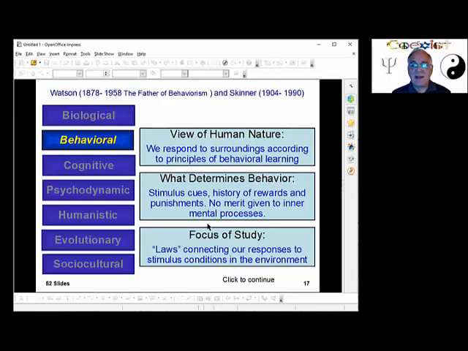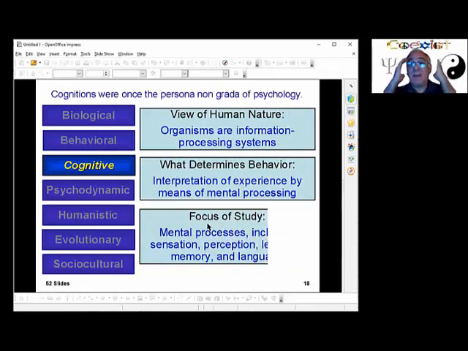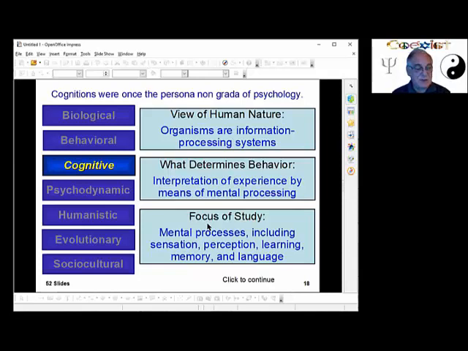The next one is the cognitive group, and this is completely different, opposed to the behaviorist group, because they believe we think, we know we think, and they say thinking is very important. So the cognitive people fight with the behavioral people all the time. And in my day, when I went to the University of Georgia, there was one cognitive psychologist at Georgia, because they felt like they had to have somebody in the cognitive field. But he had a basement office, and he was given the worst office in the entire place.